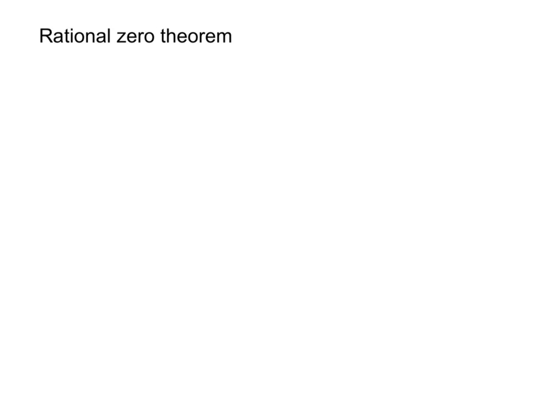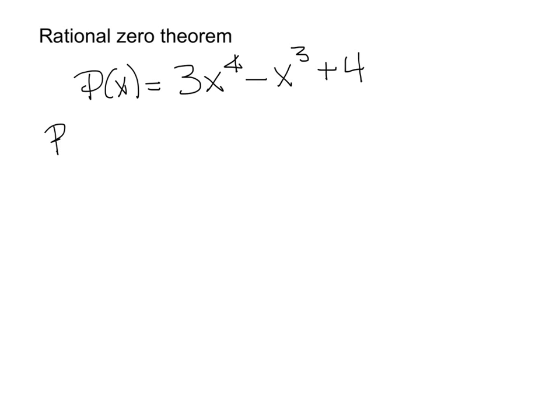So let me put a function out here. So I have this polynomial, and I want to be able to find all the zeros. And honestly, I don't know where to start. So this rational zero theorem tells me to start testing some possible numbers. Okay, so the possibilities for